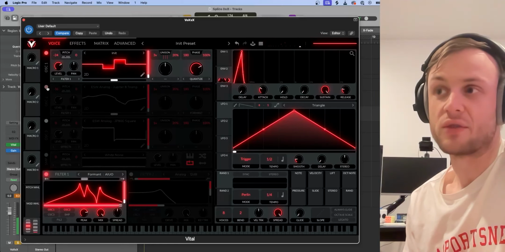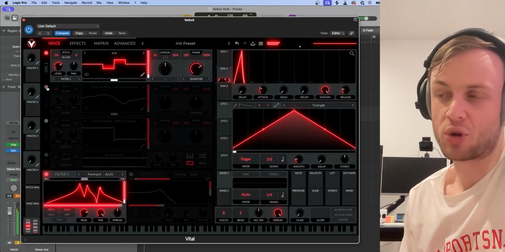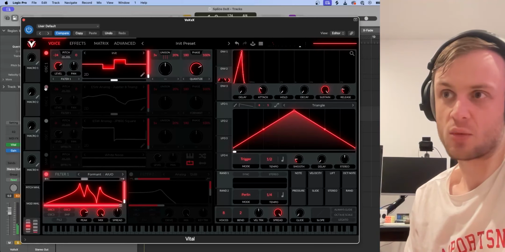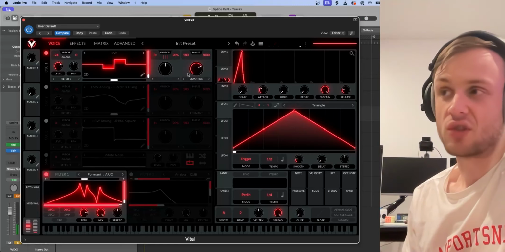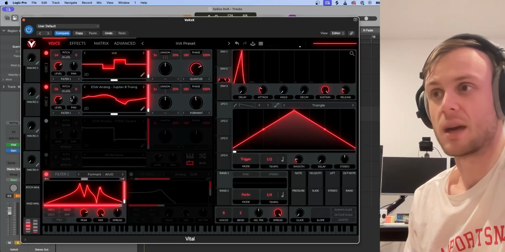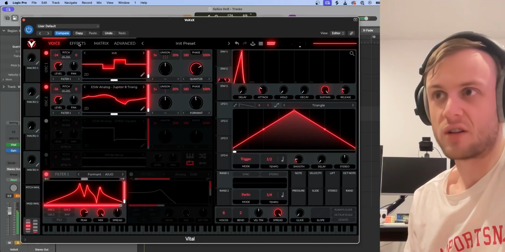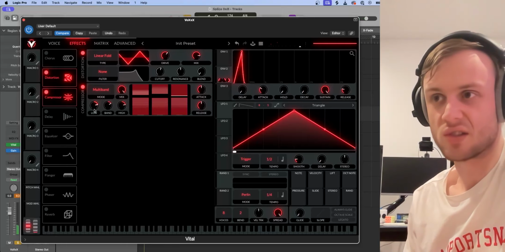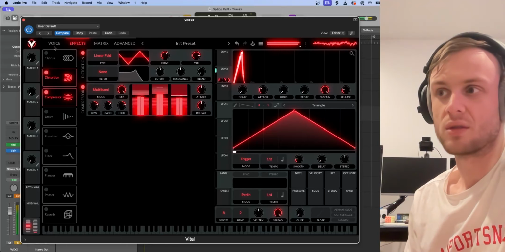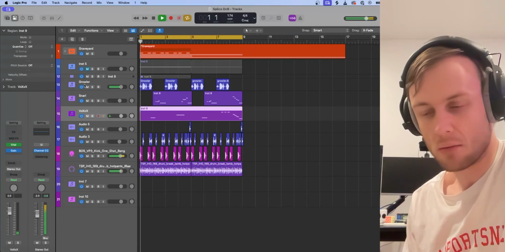Which if we turn this off, you still get a lot of that vocal quality, which is pretty cool, just coming from this little notched square wave. And this is the initialized wave, just quantized. So it just kind of sounded cool. I was just messing around with knobs and it came across that. And then putting this one in and having the formant go up with it, pretty great, right? And then in the effects, similar things, distortion, multiband compression. It's a fun sound, and together they all make